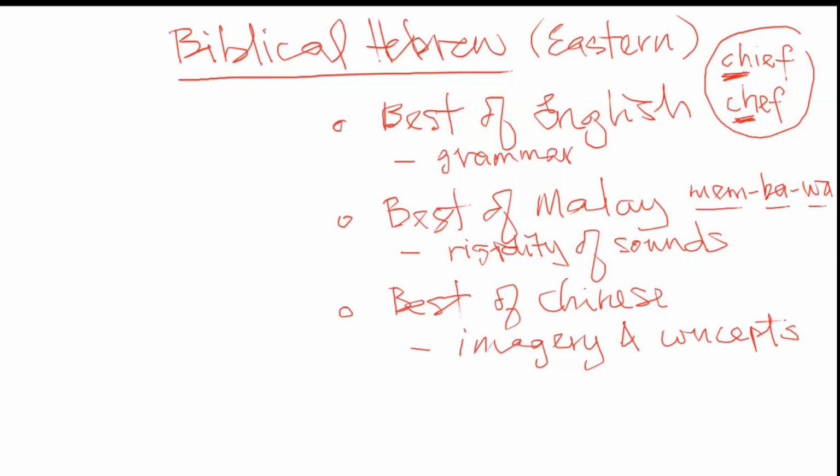And so I say that it's the best of Chinese because if you are a Chinese speaker, you would know that two characters in Chinese can express a story, because the choices of the characters and how they're written is so rich that it can tell a story. And biblical Hebrew does exactly that. Ancient languages like Hebrew and Chinese originated as pictures, and we call them pictograms. The difference is this: